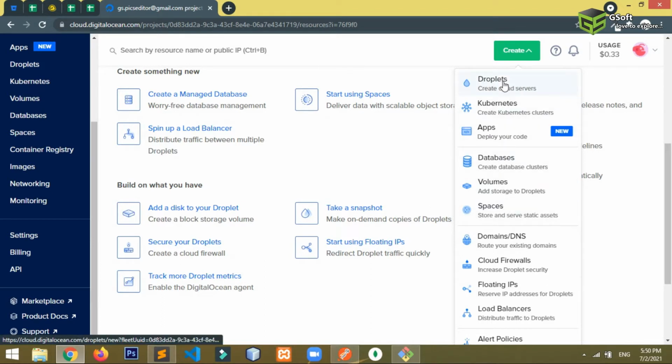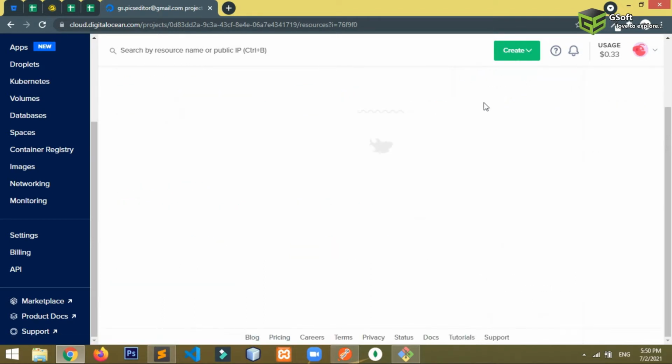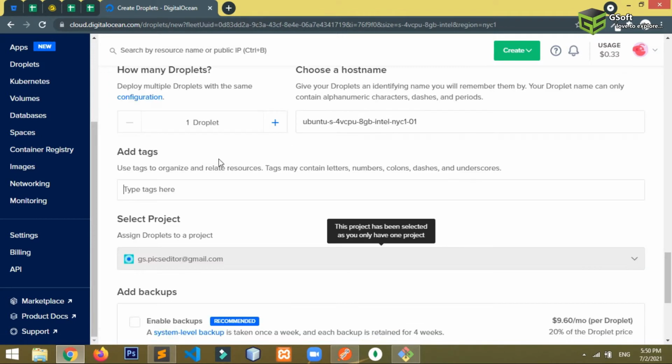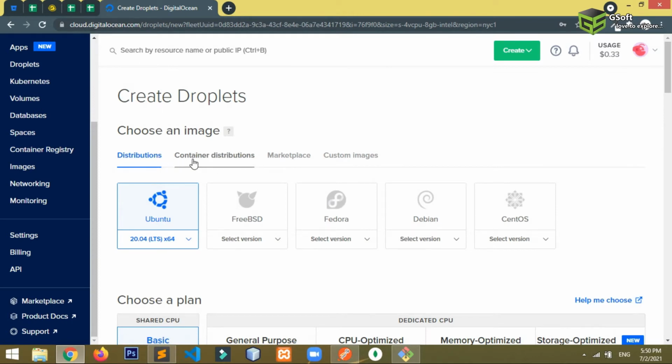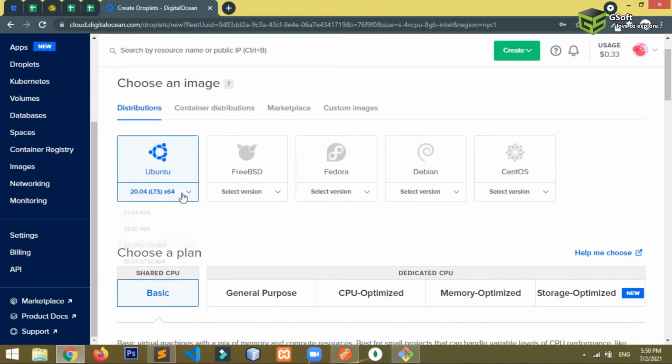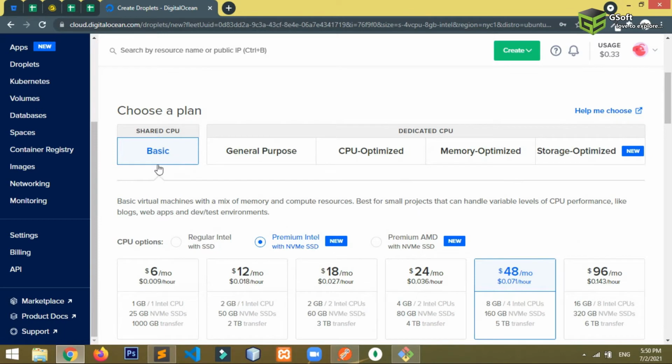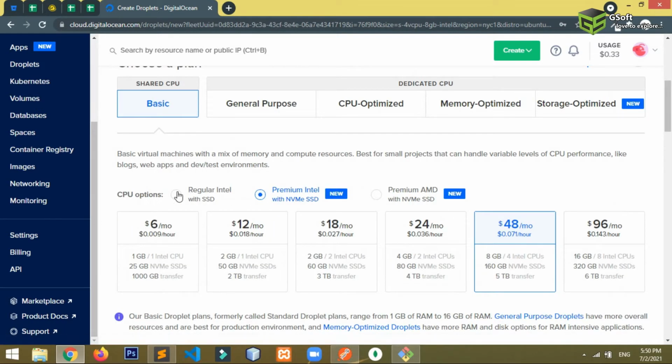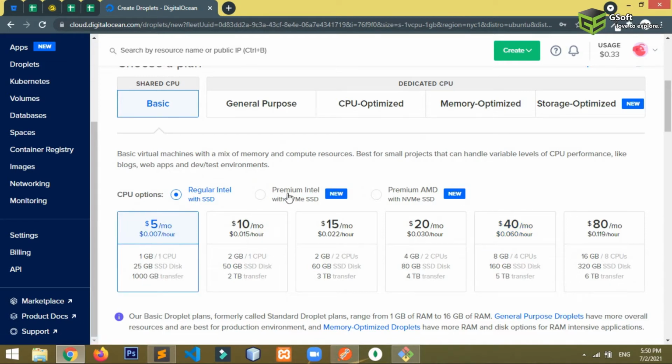I have to create a new droplet, so I'll just click on droplet here, and you will be able to see some new options on the screen which say choose an OS. I want to create Ubuntu, and the version I want to select is 18.04. Here I am choosing a basic plan, and for CPU type I will be taking regular Intel with SSD 25 GB, because there is no such hard and fast work.